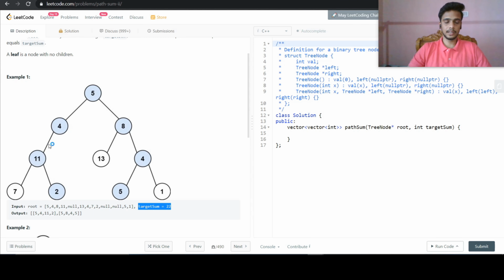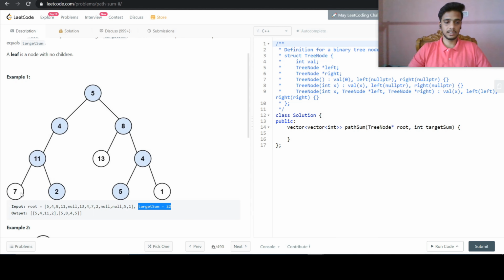So till here it was 9. Now we moved here, and it is 9 plus 11. So it becomes 20. Our target sum is 22. So we still haven't reached the target sum. Also, its child nodes are still not empty. So we will then again move to its child node.